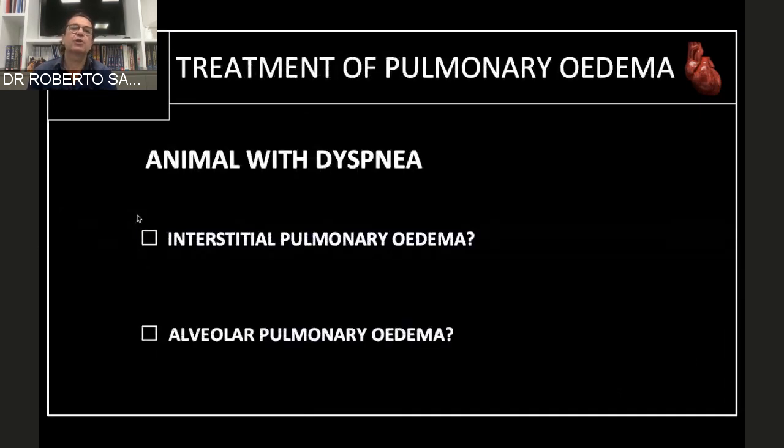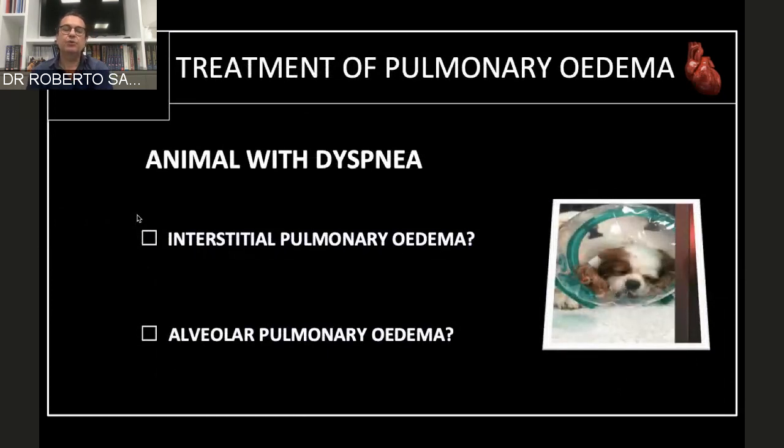So we can now talk about the use of loop diuretics in case of an animal with dyspnea and suspected or obviously confirmed pulmonary edema. And my question right now is whether we can actually try to stage it and say it's a severe edema or a moderate edema. There are several studies that are trying to say if it's more severe or not. But I think the most important try is to differentiate according to the